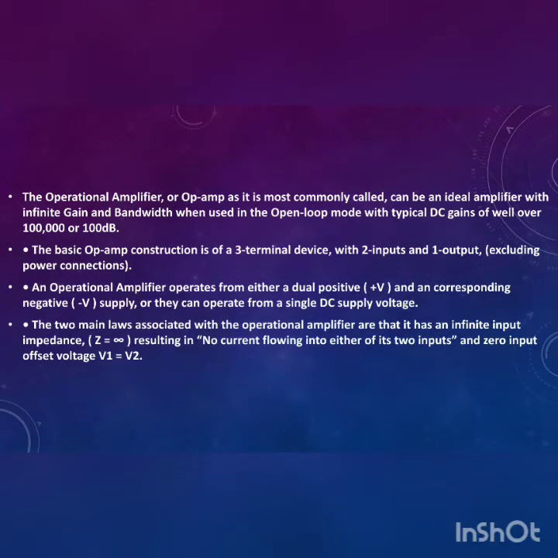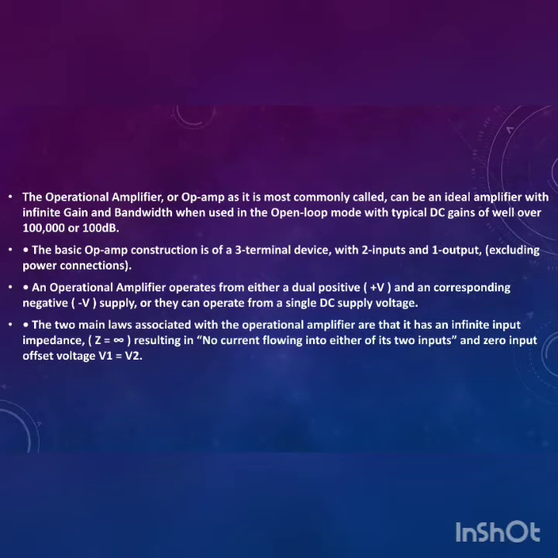Moving on to some more information, the basic op-amp construction is of a three-terminal device with two inputs and one output, excluding the power connections. As we saw in the diagram I showed in the earlier slide, there were two inputs and one output. An operational amplifier operates from either dual positive and corresponding negative supplies, and it can also operate from a single DC supply voltage. Two main laws associated with an operational amplifier are that